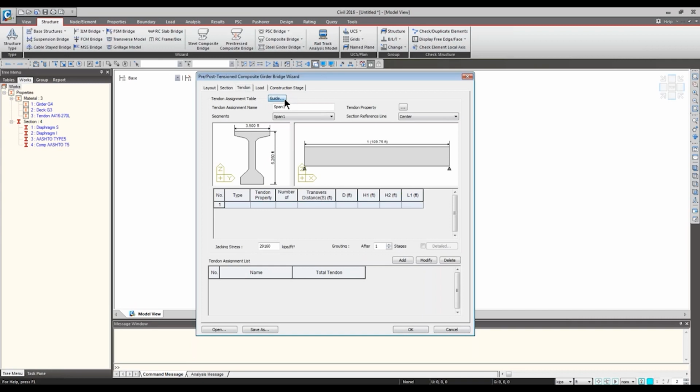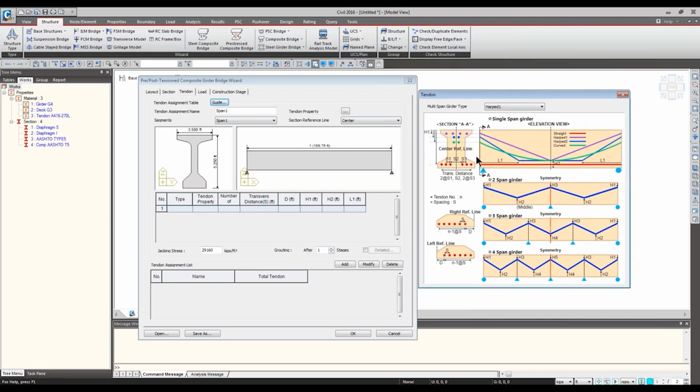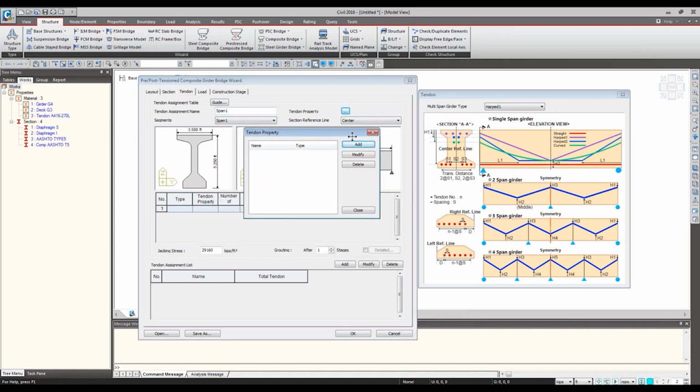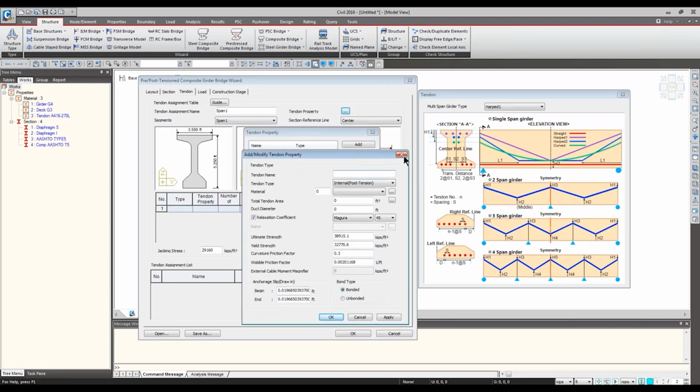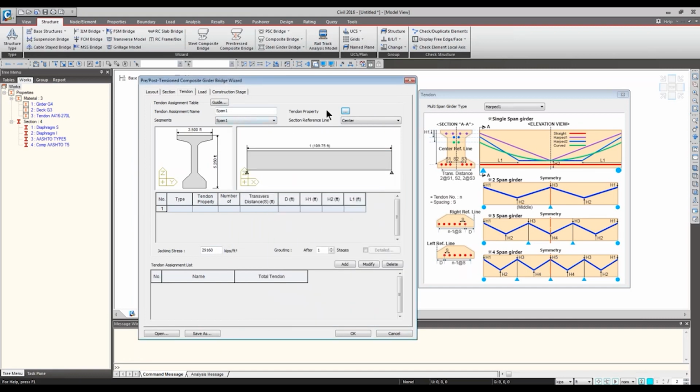Okay, now in the tendon portion, I'm actually very proud of this tendon tab. You can easily define your profile. For the precast example, in a lot of cases the tendons are quite straight. But if you have to work with harped or bent tendons for splice girder application, of course you can. But here it's going to be very simple, just a straight. So first, you can define the tendon assignment name. I'm going to define a set for the first span.